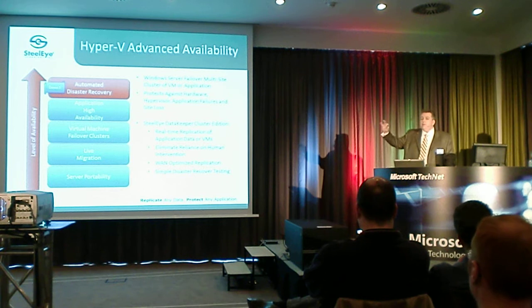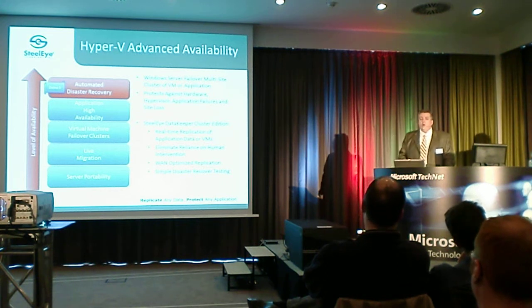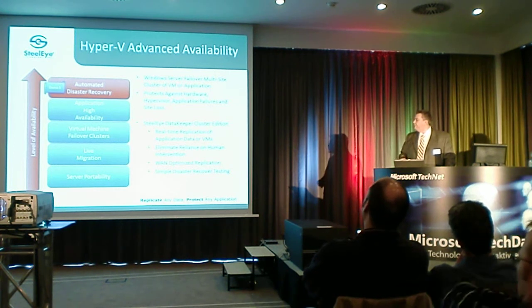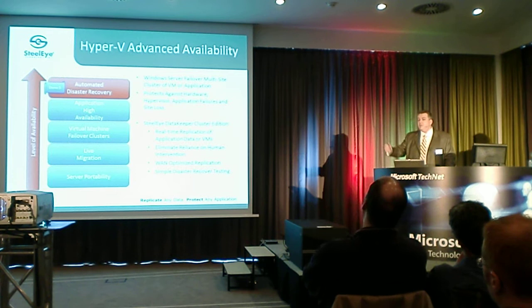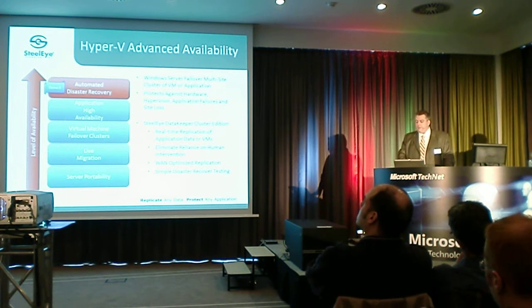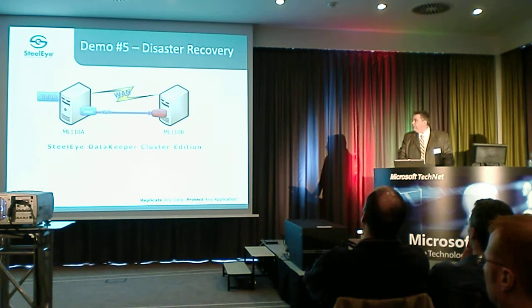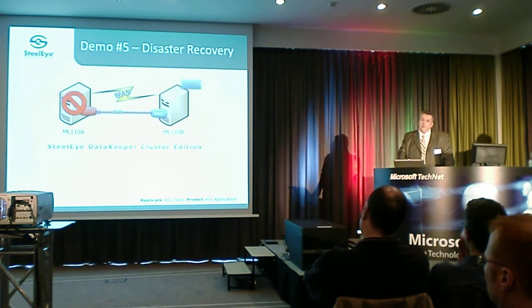So multi-site clusters enables automatic disaster recovery and eliminates the requirement of human intervention. And it's also a very easy way to test disaster recovery, because failover is very fast and quick. And this is just the same picture. If we had a WAN between the two, we'd see we fail and we would replicate back. Same as if it was on a local area